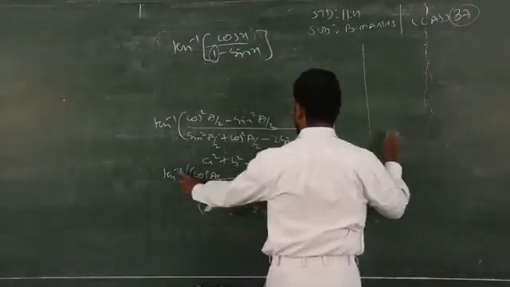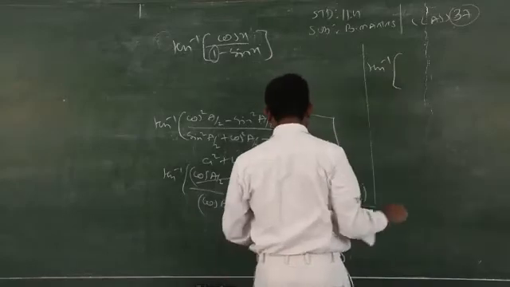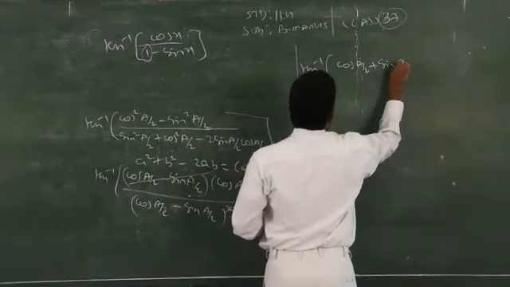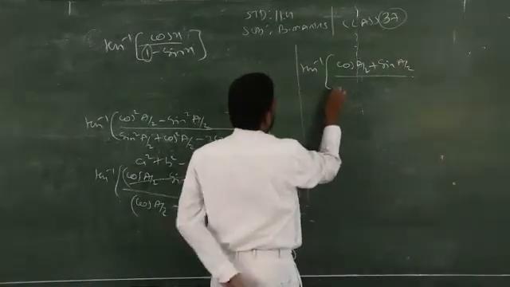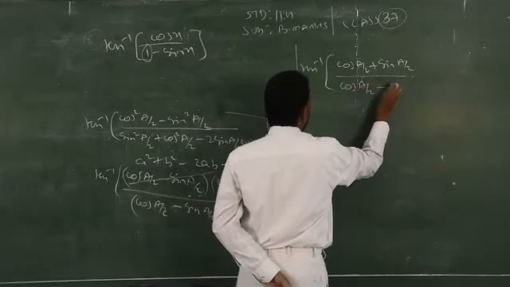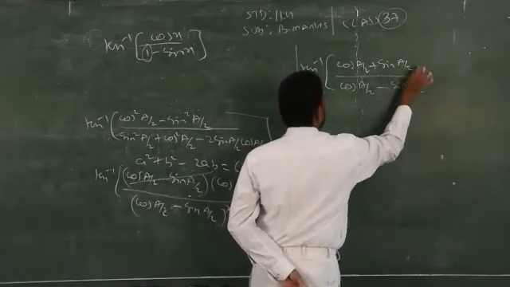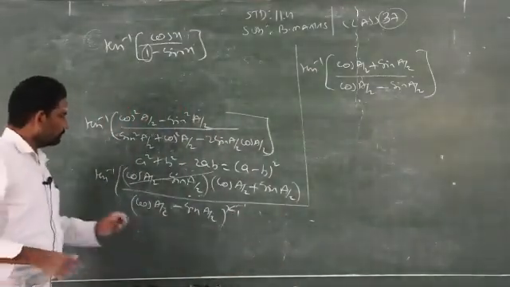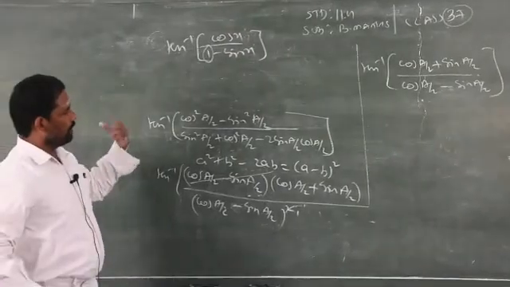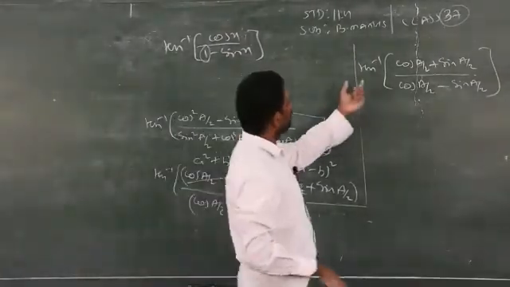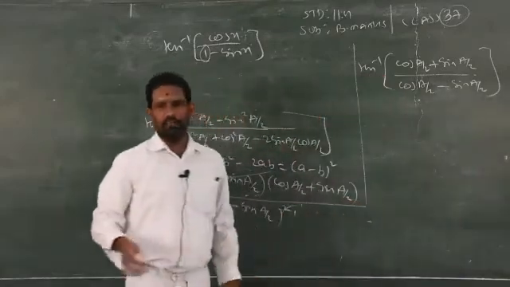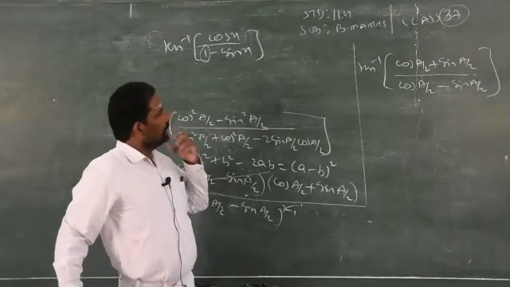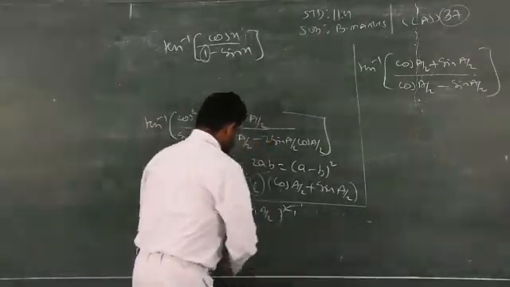So what is the remaining one? Tan inverse of cos a by 2 plus sin a by 2 by cos a by 2 minus sin a by 2. So the remaining we have is this format. After that you have to start to think about how to simplify this one. You have to bring down this result in terms of tan inverse. Then only it will get cancelled and you will get the answer. Clear? So you have to simplify this, very simple, you just have to think.